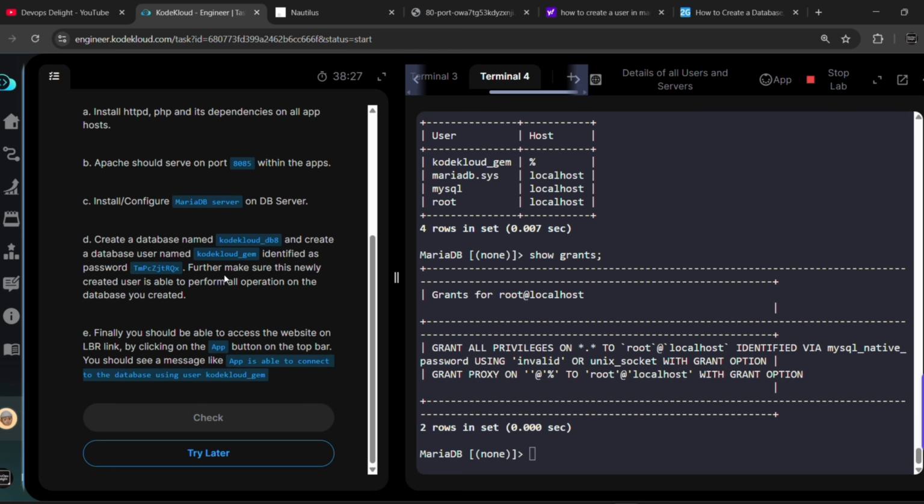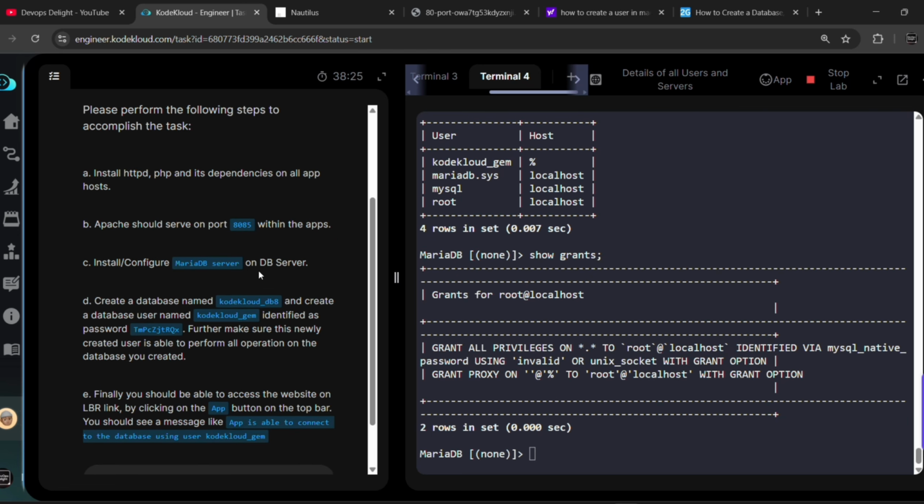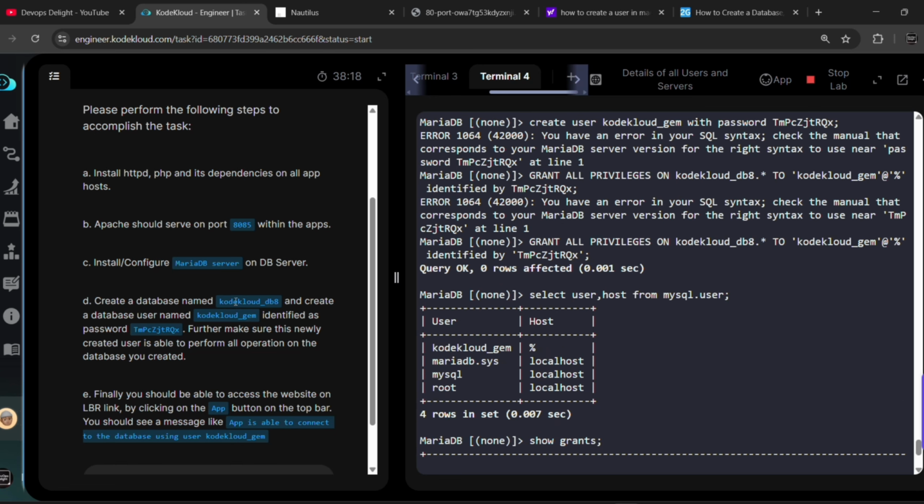So what we did was we logged into the DB server, and within the DB server we installed MariaDB and then created the database, and then the database user with a password and also gave the permissions. After that we logged into all three of our app servers and installed HTTPD, PHP and its dependencies. We restarted and checked the status of those services and also changed the